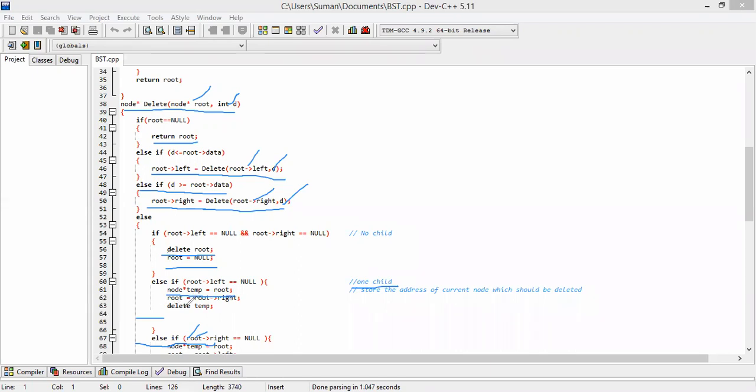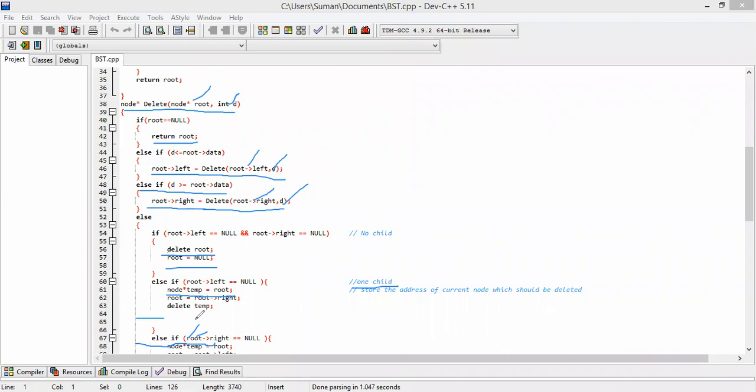The address of the node we want to delete is stored in the temp variable, so the temp variable address will be deleted.